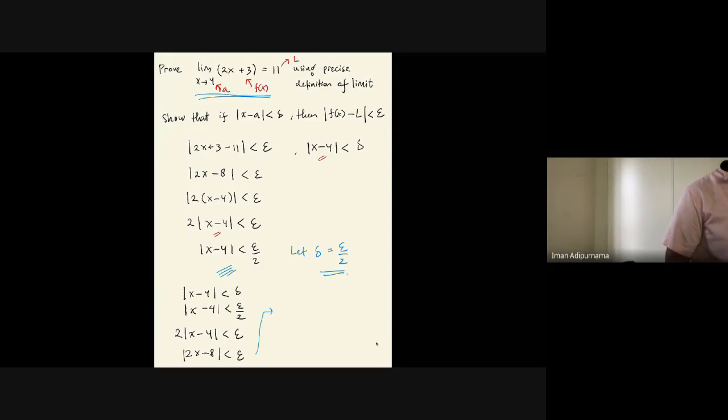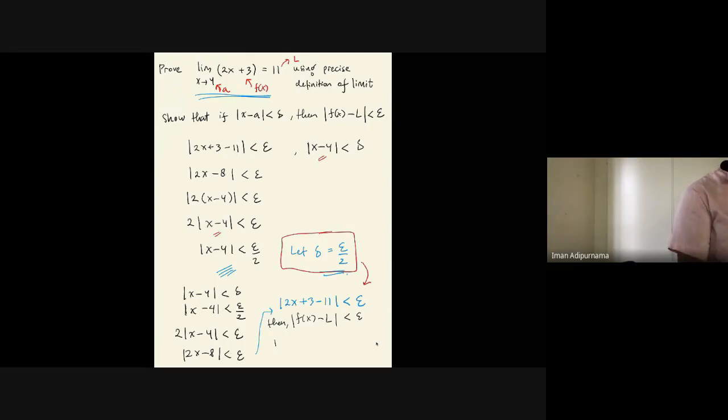and then going here, we can change the form. Minus 8 become our original equation at the beginning. So we can make it plus 3 minus 11 less than epsilon. So when the delta is epsilon over 2, we are going back to our original equation, which means this is f(x) minus L less than epsilon, or I will say then, which means we have